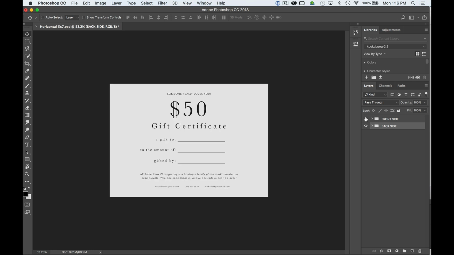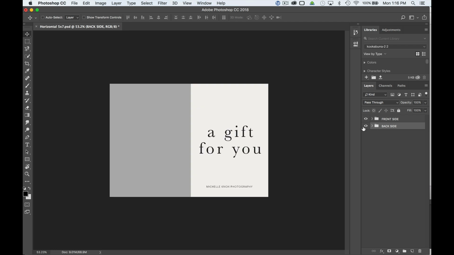So that's the front page. Now I'm just seeing the back side. If I want to see the front side again, I hit the little dot there and it shows the eyeball, and now it is visible. So to open up my front page group, I just hit this little arrow,